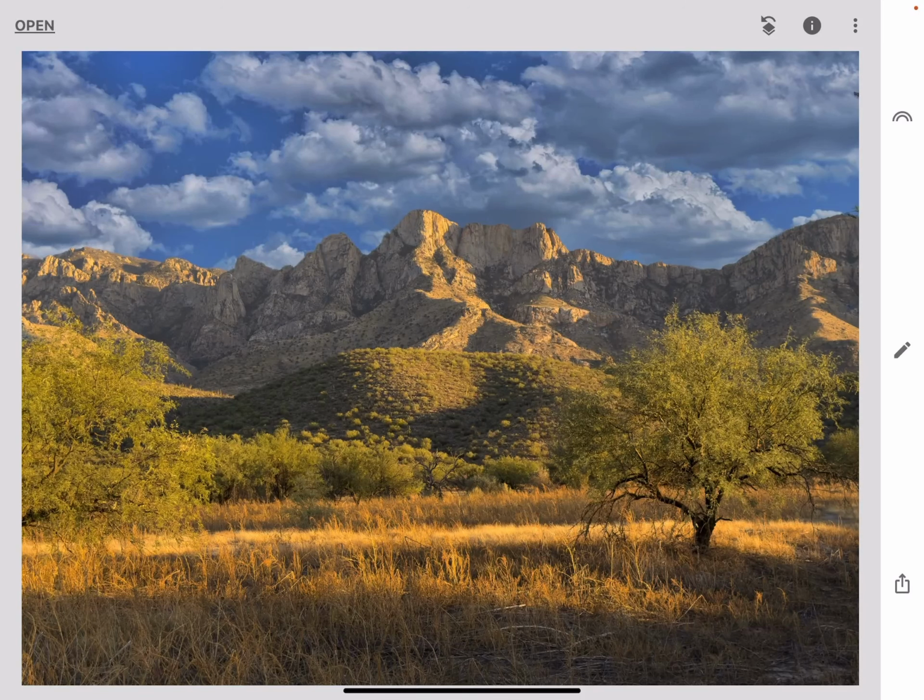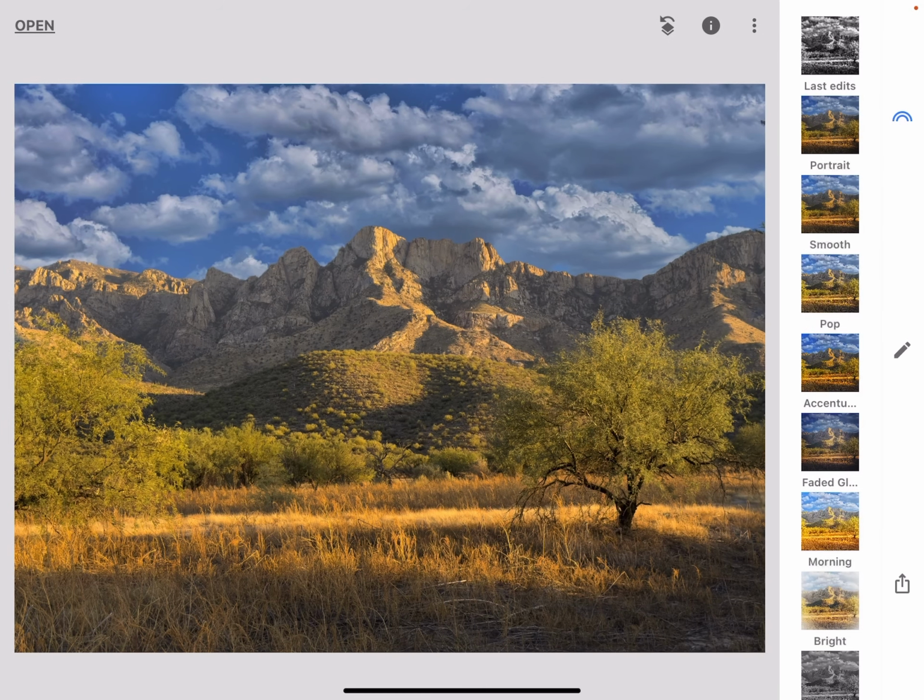I'm going to show you the basic edits that I do whenever I post-process a photograph, and I go to Snapseed. The ones I'm going to show you are usually about 95% of the work I do. There's a little semicircle on the right hand side at the top. I push that, and a lot of times I'll go down and there's a filter below called Accentuate, and